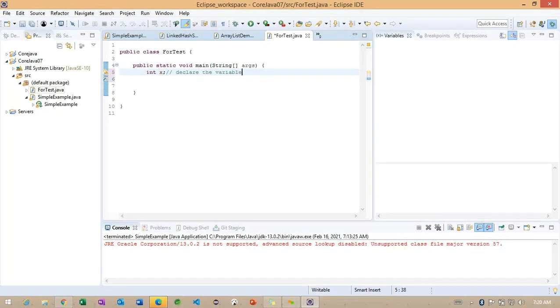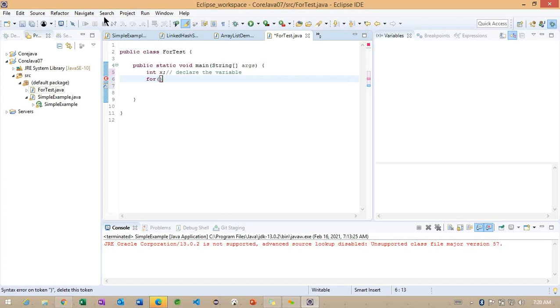After that, this is one more important concept: whenever we want to loop the variable, if we want to access the variables one by one, we can go for this loop concept, the for loop.